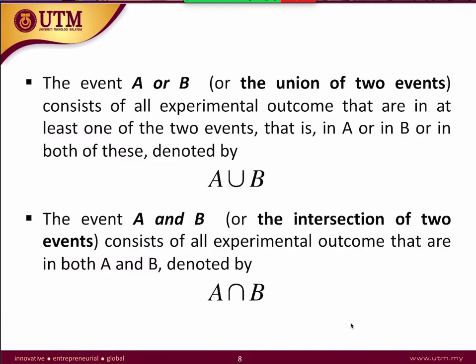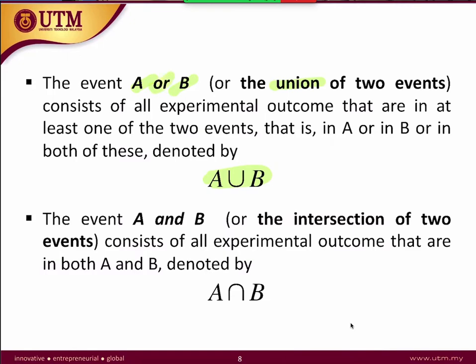Another thing is if we want to know the chances for event A or B happening. We call it a union, symbolized by the big U, because it symbolizes union. If there are two events, you have a sample space, and each sample in the sample space has a specific event that you want to analyze. So you want to know the possibility to have A or B happen at the same time.